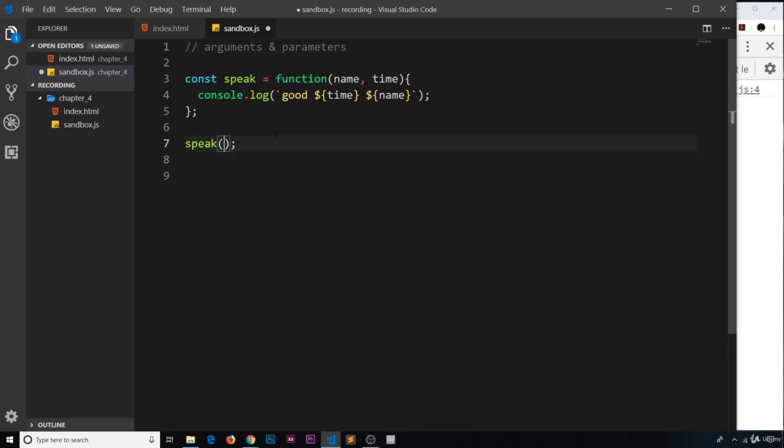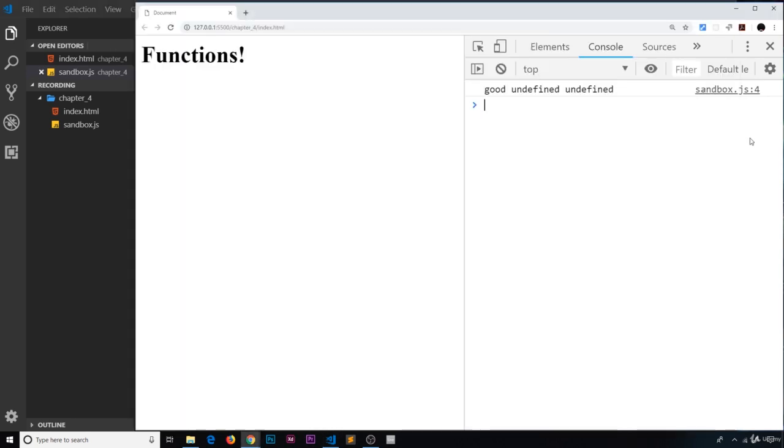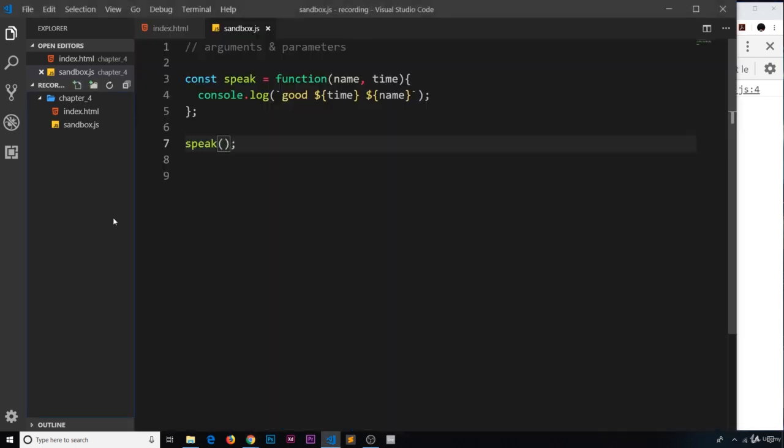So then, what if we do something like this? Just call speak and we don't pass in any values. Then we've seen this, we get good, undefined, undefined. And that doesn't make sense. So to combat this, just in case a function is invoked without passing anything in, what we could do is give these parameters some default values. So I could say something like this: name is equal to Luigi, and the time is going to be equal